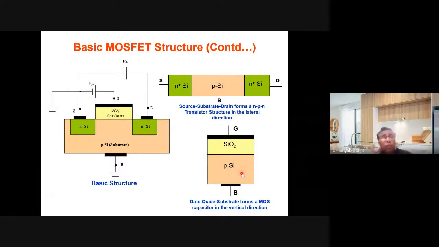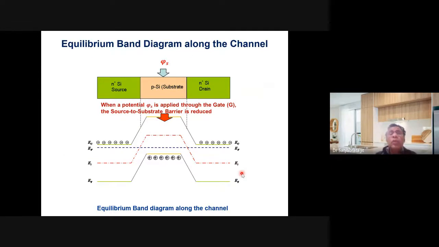So the MOSFET basically can be considered to be the combination of a transistor and a capacitor. The operation of the MOSFET can be understood by the combined operation of the transistor action and the capacitive action. If you look into this, if you consider the transistor structure here,